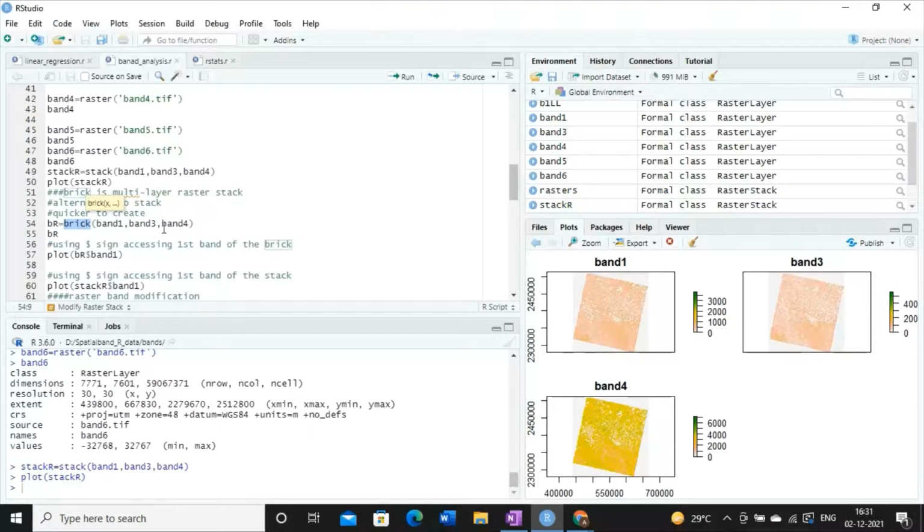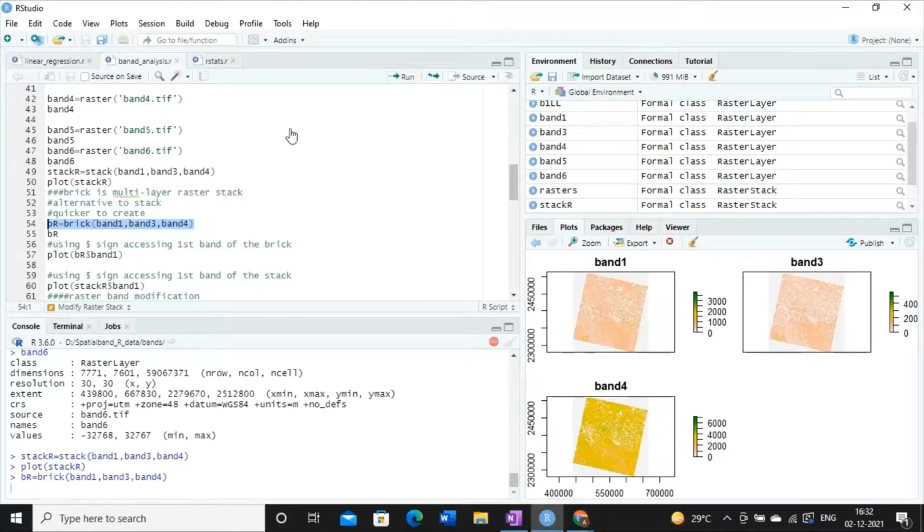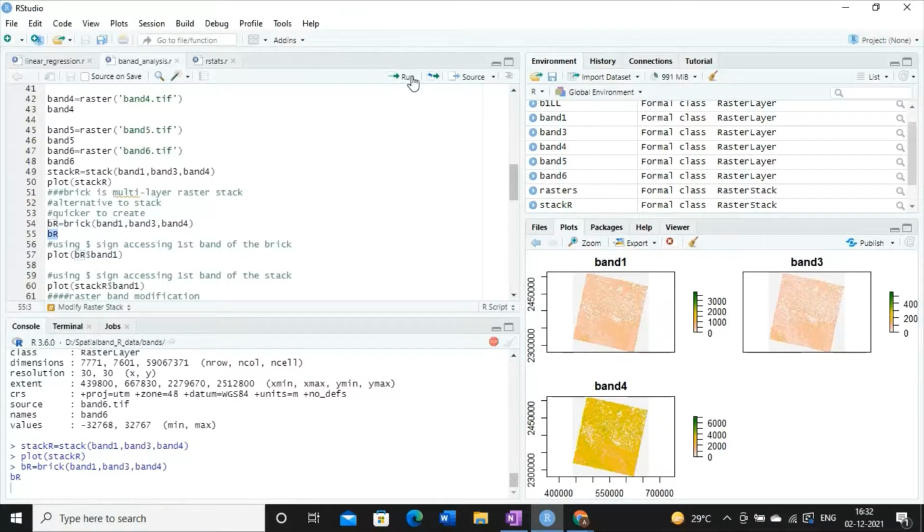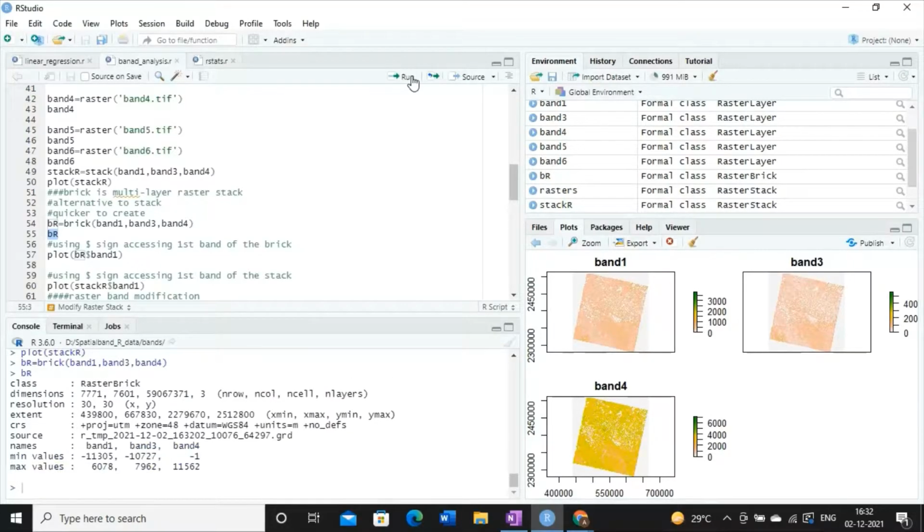So using the brick function, you can also stack the raster bands. Both are the same. However, people prefer to use the stack function because it takes less time than the brick function. Anyways, you can use any one of them. So bricking and stacking both are the same.